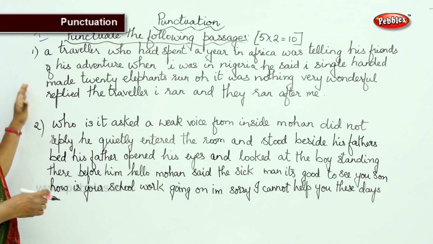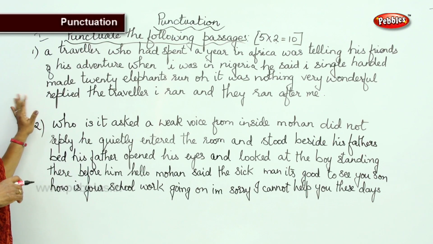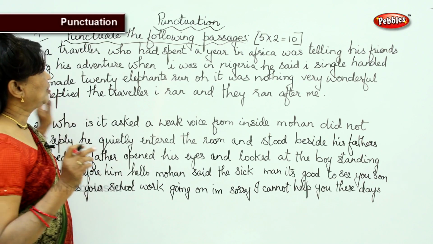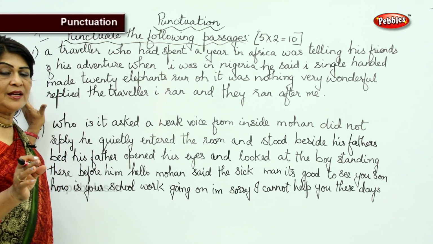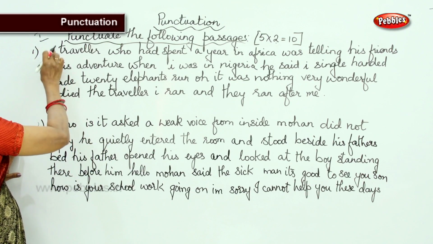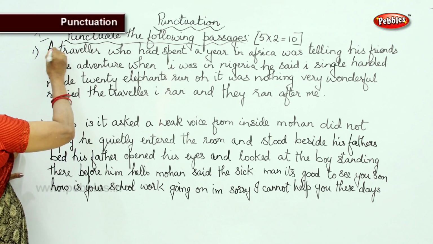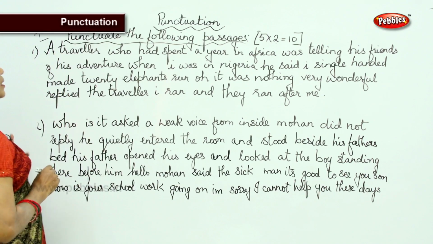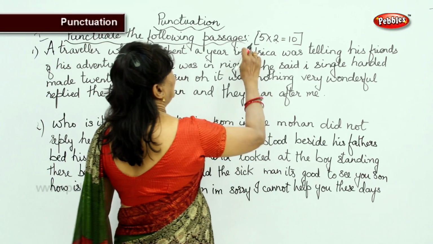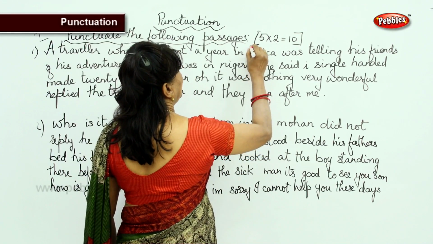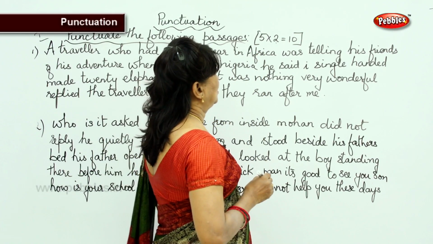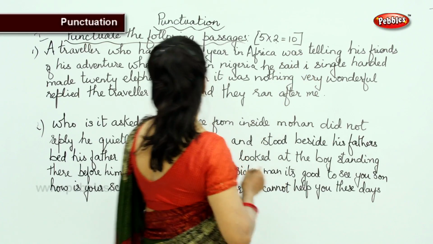Okay. Shall we check it up? I am sure you finished with the first one. First one about capital letters, what did I tell you? Always begin a sentence with a capital letter. So, a traveler, capital A, who had spent a year in Africa, capital A for names of countries, was telling his friends,